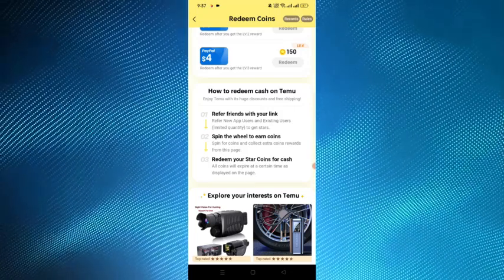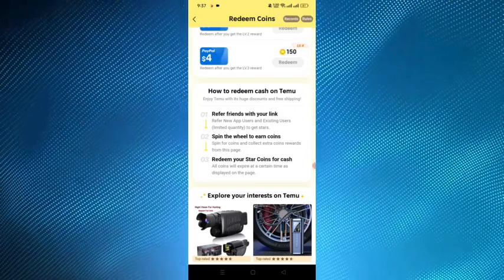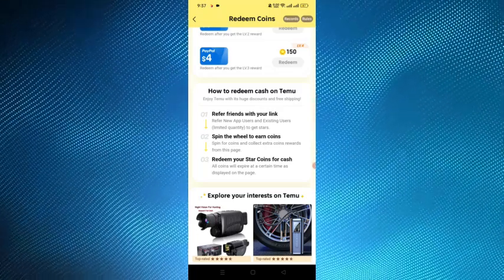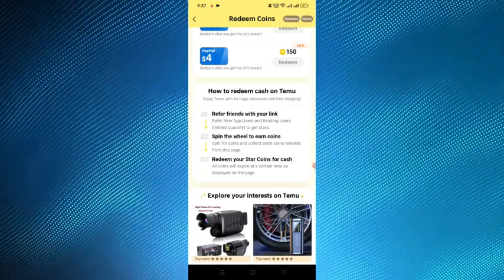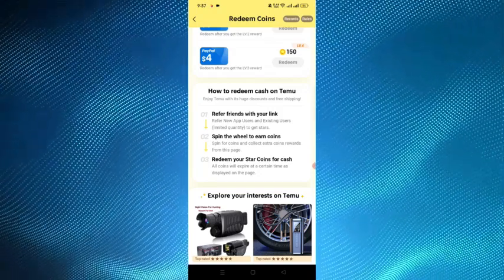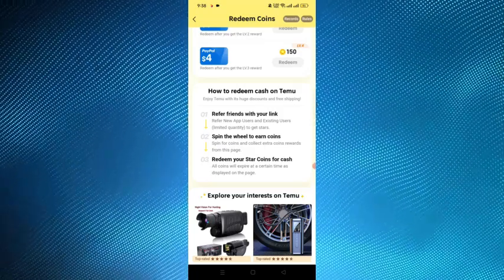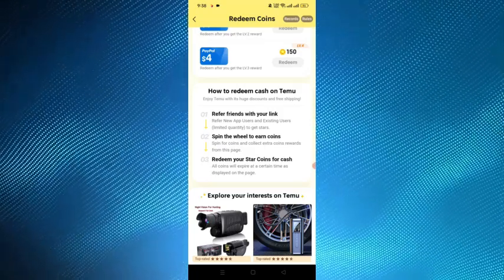And here is the option how to redeem cash on Temu. We have to refer friends with our link and spin the wheel to earn coins and redeem your star coins for cash. So the main process is that we have to refer to your friends with our links, and then we have to spin the wheel to earn coins and then redeem our star